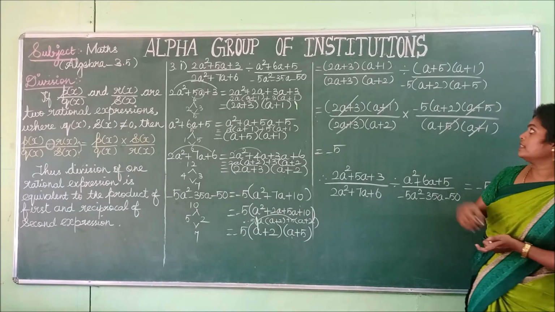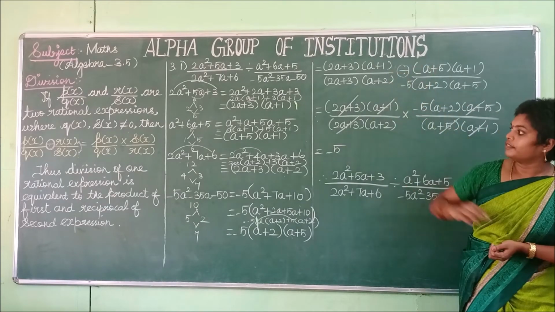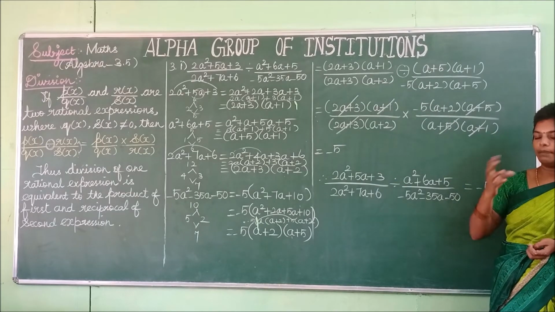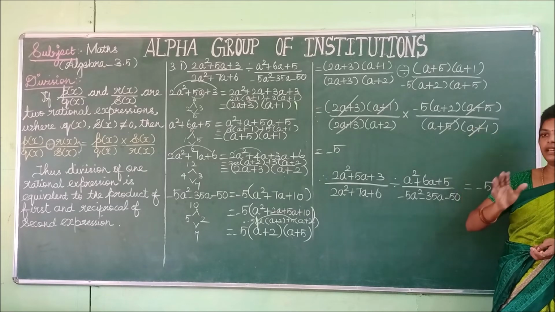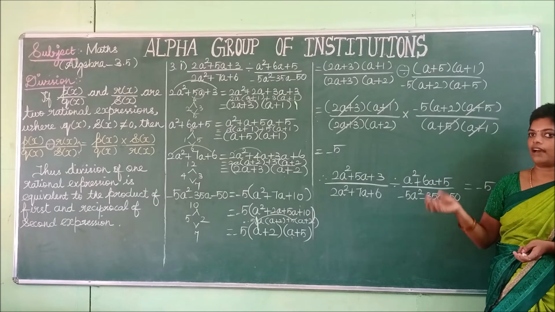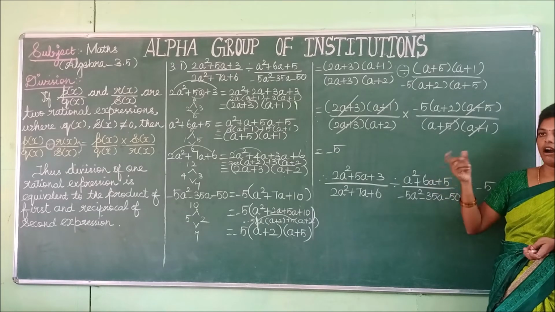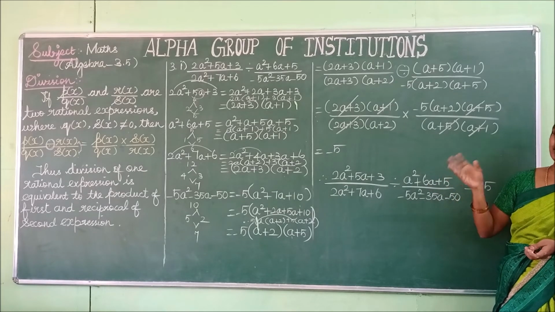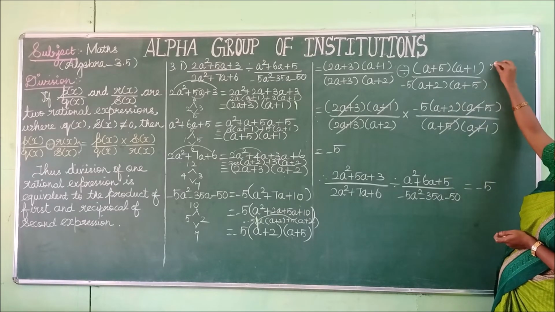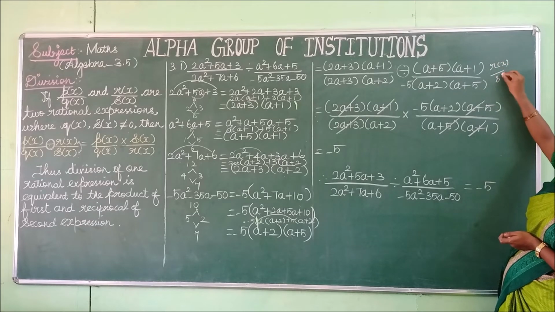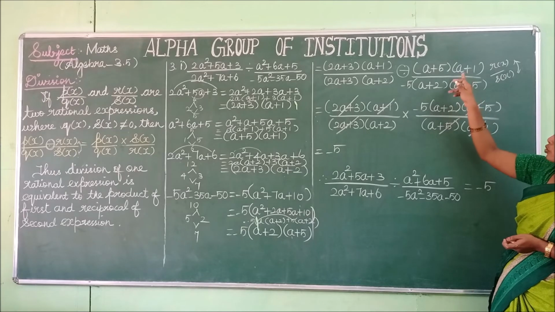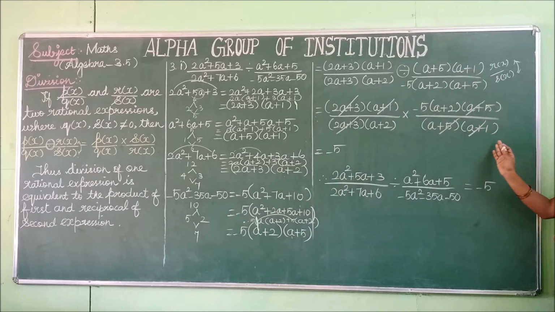Now you have to change the sign. Look at that first. P of x by Q of x divided by R of x by S of x can be rewritten as: the first term will be written the same, and the sign changes. Division will be changed into multiplication. After that you change the term. R of x by S of x can be rewritten as S of x divided by R of x. Now you have to rewrite. If you rewrite, the denominator comes to the numerator and the numerator comes to the denominator.